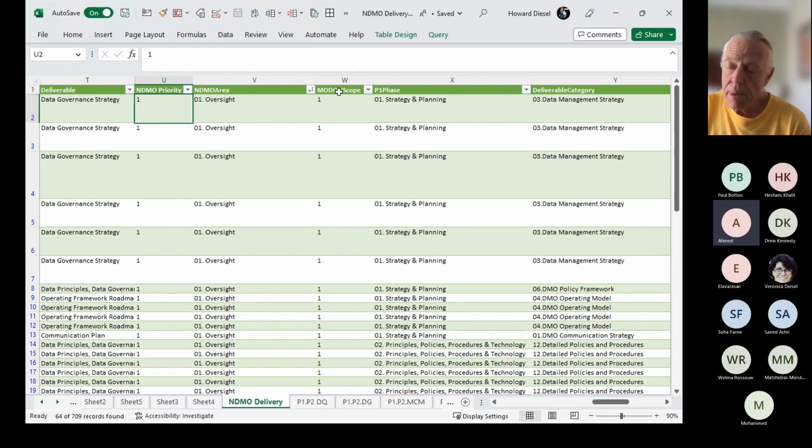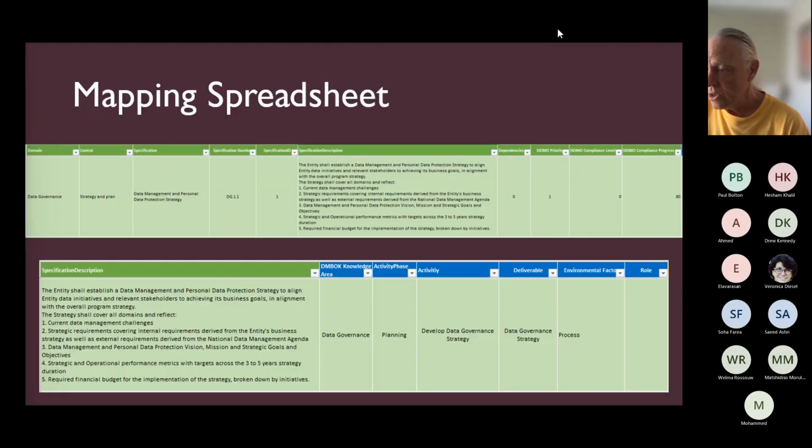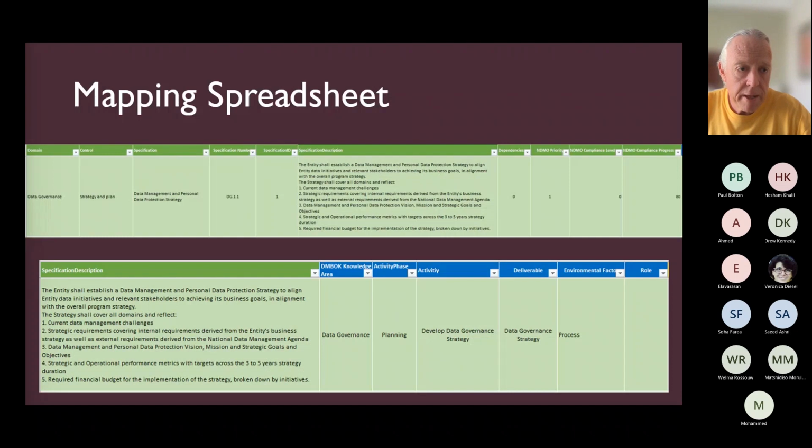What about dependency? I can tell from the NDMO, they say, for example, DG 1.2 depends on, for example, DMA 1.1. Yes, so we've got those dependencies in the database, and I'll show you. Let me just jump to that to show you what we've done. Let me just find the spreadsheet that does it. I'm going to jump around. Please bear with me.